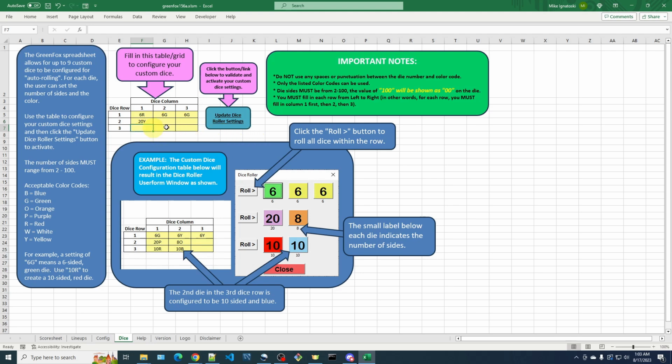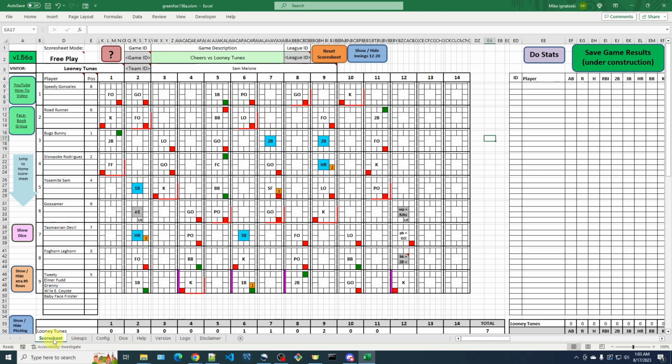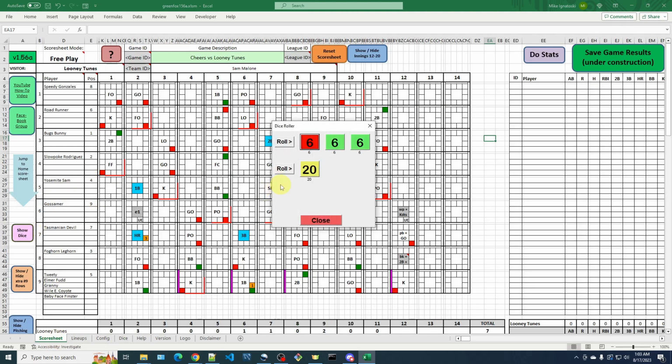And just let's go with this. This is the basics for all I really need to start. So once I'm finished, I click this Update Dice Roller Settings button, and if everything looks okay, I'll get this message. It says, you're good to go. I say okay, I go back to my score sheet, and now if I click the Show Dice button, this